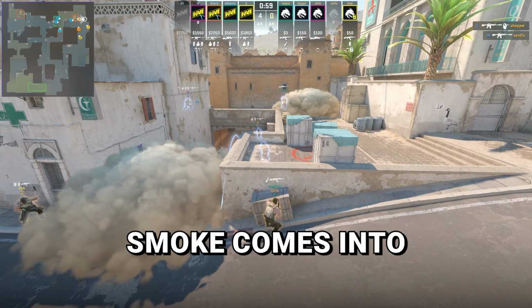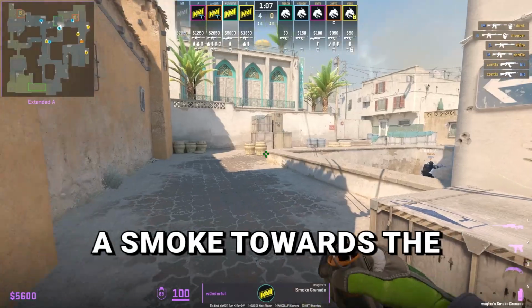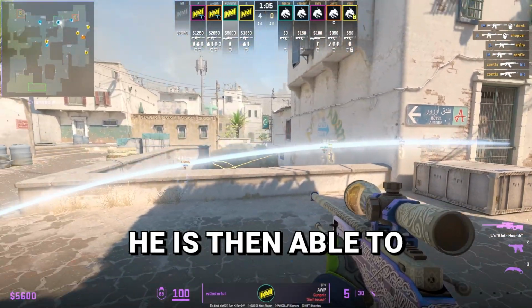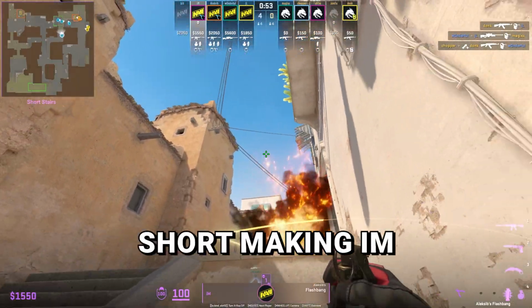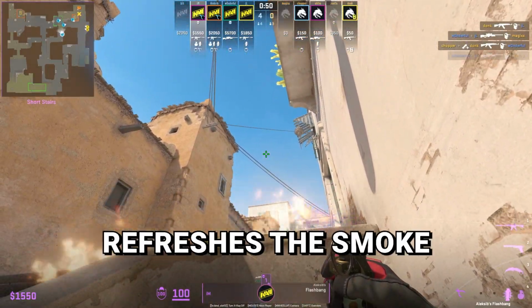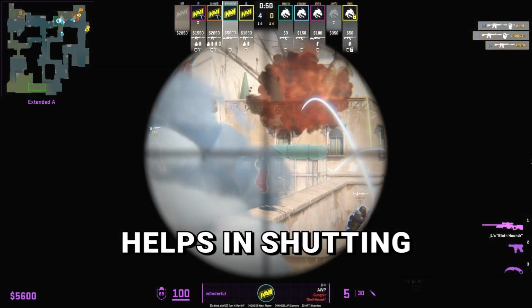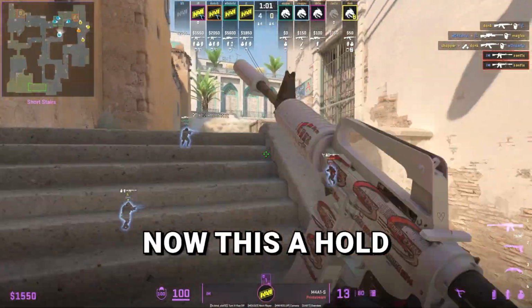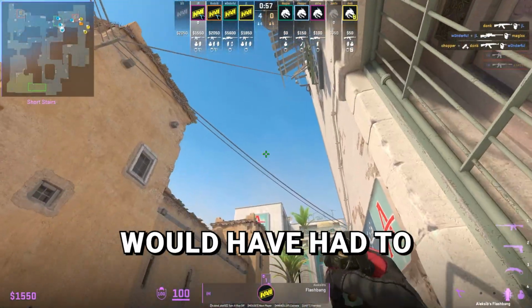In this round, the smoke comes into play here as Spirit make their way up from long to A. Wonderful throws the smoke towards the crates at elbow. He is then able to play behind it to watch cross and ramp as Spirit Molotov short, making Emma useless, so Emma refreshes the smoke for Wonderful to buy more time, and Wonderful is able to get one frag that helps in shutting down Spirit's A take. Now this A hold wouldn't be possible without this defensive smoke, since Wonderful would have had to wait short behind